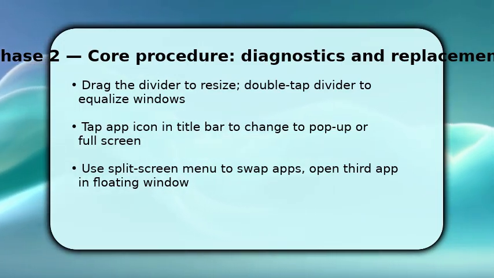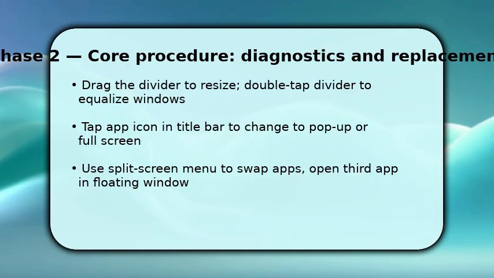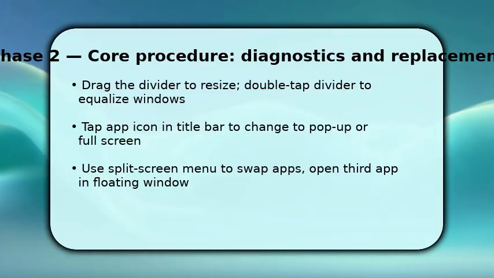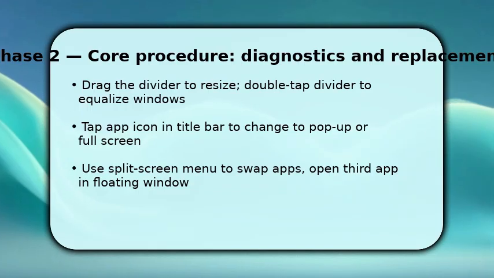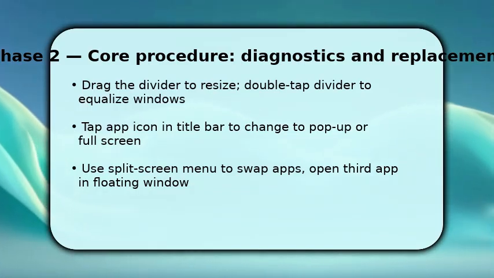If you need one app temporarily larger, tap the app icon in the title bar and select pop-up or full screen, then revert when finished. You can also introduce a third app as a floating window for quick reference, making multitasking fluid without losing your